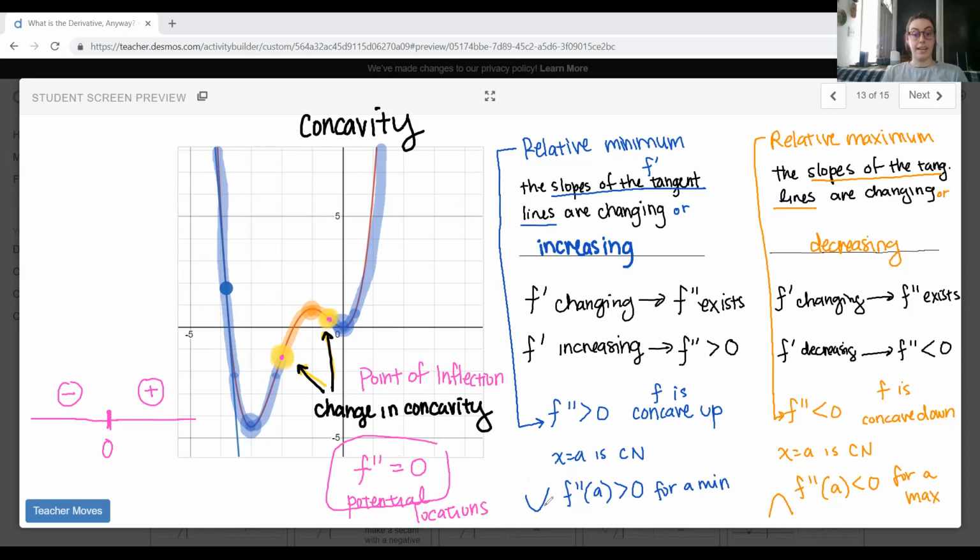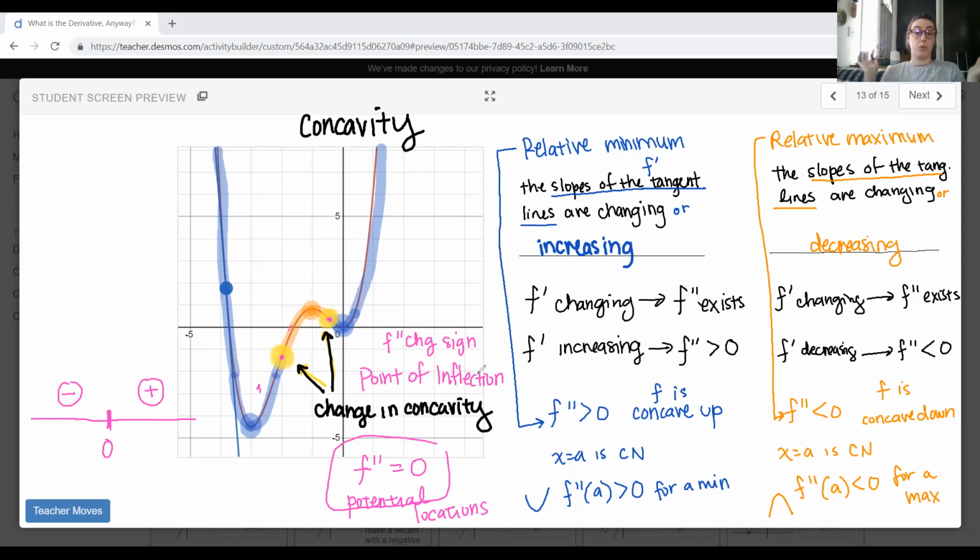Now, it's not guaranteed because you still have to check that it changes on either side. So you want to test around where you think a point of inflection could be to show that f prime changes sign. Okay, we want to see f double prime change sign. And if it does, then you're good to go. You found a point of inflection. If it doesn't,